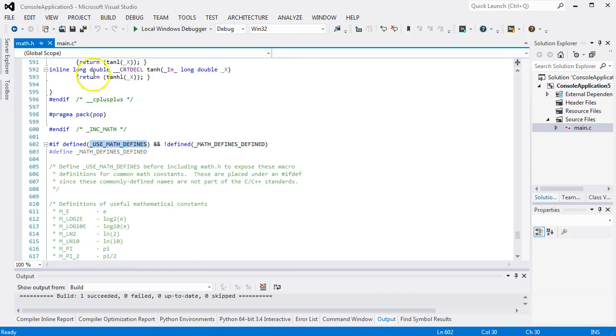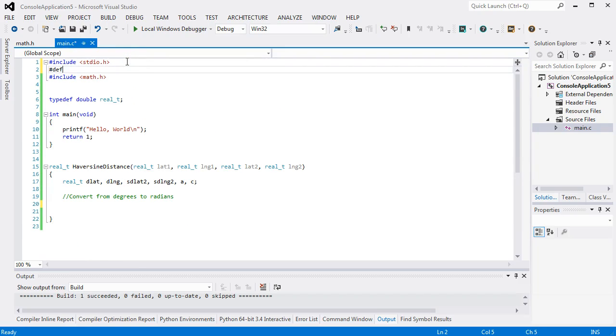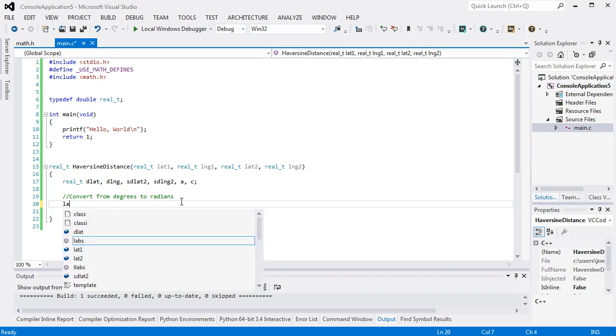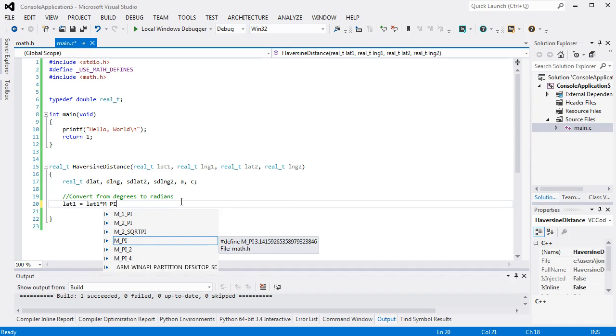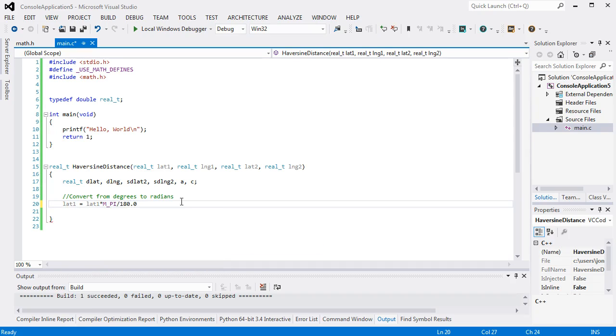Alright, so I need to go, before I include it, define _USE_MATH_DEFINES, just like we define the CPU frequency when we're using the delay routines. So implementing this again, lat1 is equal to lat1 times, now you see M_PI there, divided by 180.0. Remember, when we're doing C code, the .0 is important if we're dividing by a number. Correspondingly, long1 is equal to long1 times M_PI divided by 180.0, and I'm just going to copy in